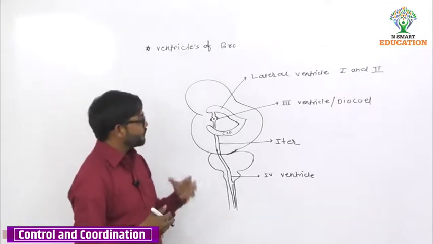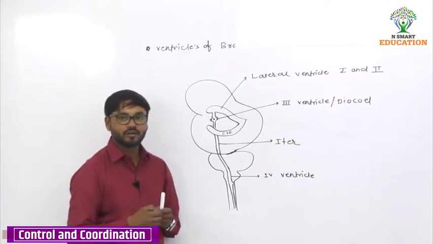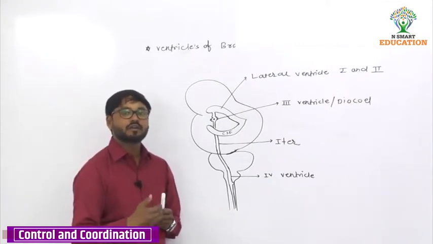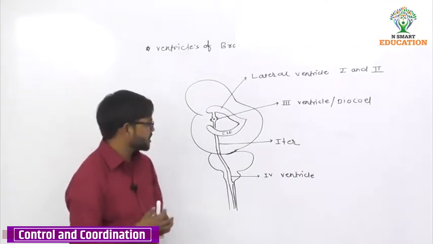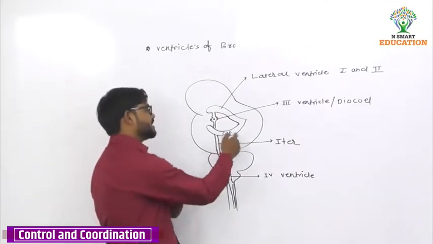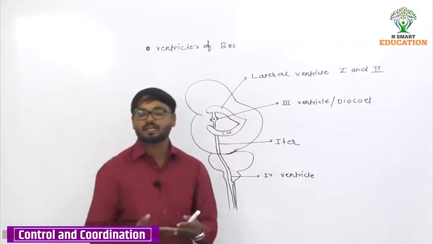Okay, so ventricles are present, and there is some fluid in them. This fluid is functional in nature, so this is CSF present here. What is present inside this cavity? CSF, and CSF is a